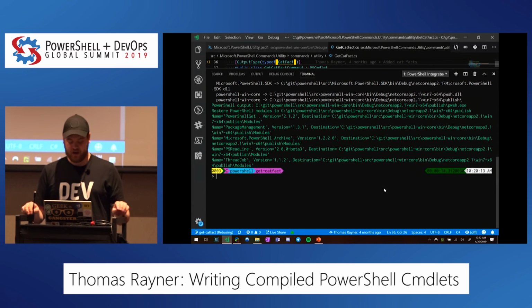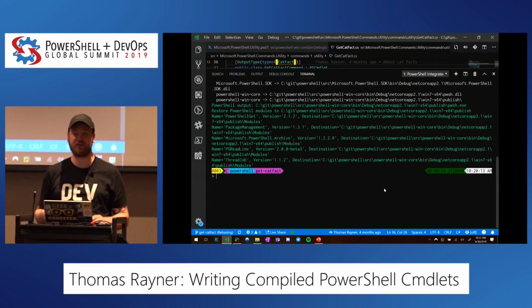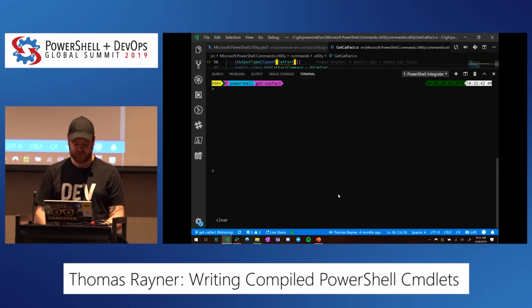And I'm going to run this version of PowerShell that I just built, right? Like, I just built a version of PowerShell. I'm going to run my only-exists-on-my-laptop version of PowerShell, because I forgot to do a git push. So I'm going to do run. So this get ps output